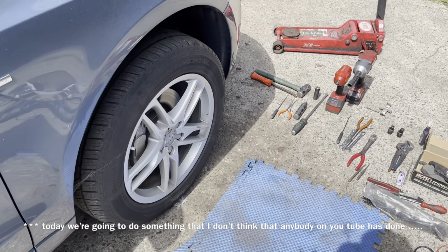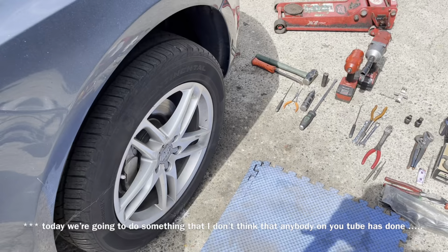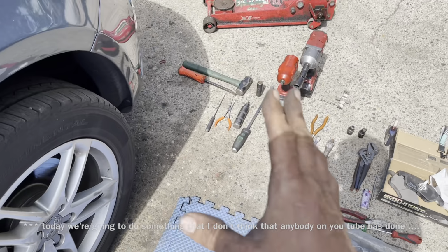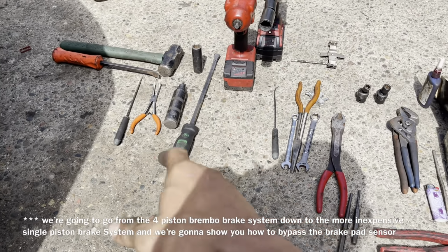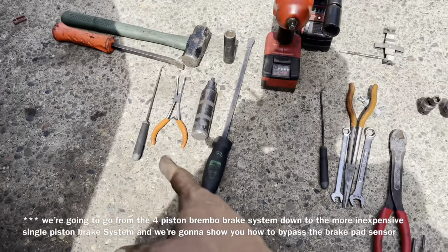Okay, so today I'm going to show you guys some really neat, nifty tricks on doing your Audi front brakes. If you're just doing the brake pads and rotors, I'm going to show you all the tools and stuff that you're going to need for that. You're going to need a pry bar if you do things the way that I do them, or a flathead screwdriver, a pair of pliers, a pick,